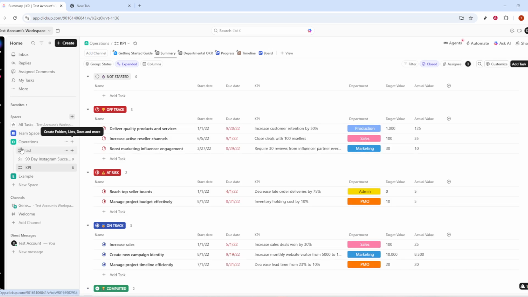Add the KPI template to your list. ClickUp will populate it with example tasks and fields. This gives you a ready-made structure for tracking. Let it apply the statuses and custom fields so you get progress indicators, number fields, and dates without building them